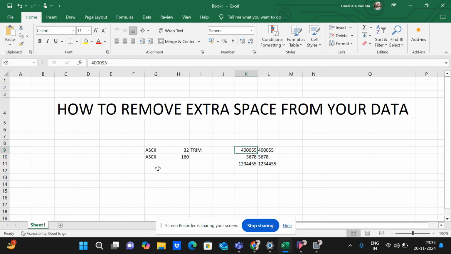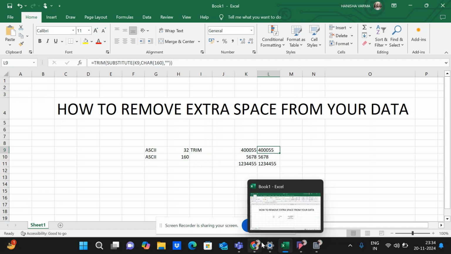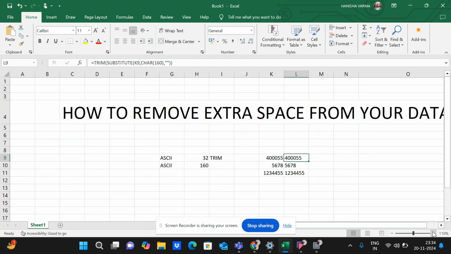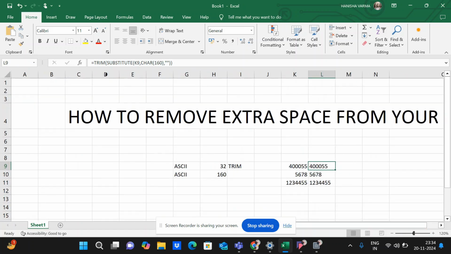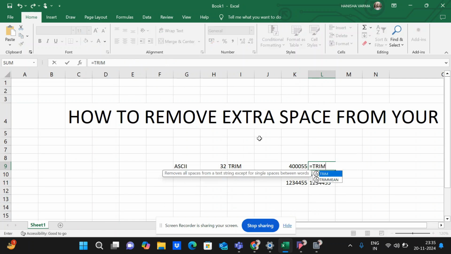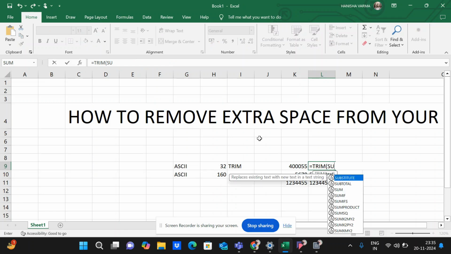For example, I have data from which I have to remove the extra space. So what I do, this is the formula, I just increase the size of this, so then you can see. You have to just open equal to TRIM, open your bracket, SUBSTITUTE. Let me just type it for you. TRIM, open bracket, SUBSTITUTE,